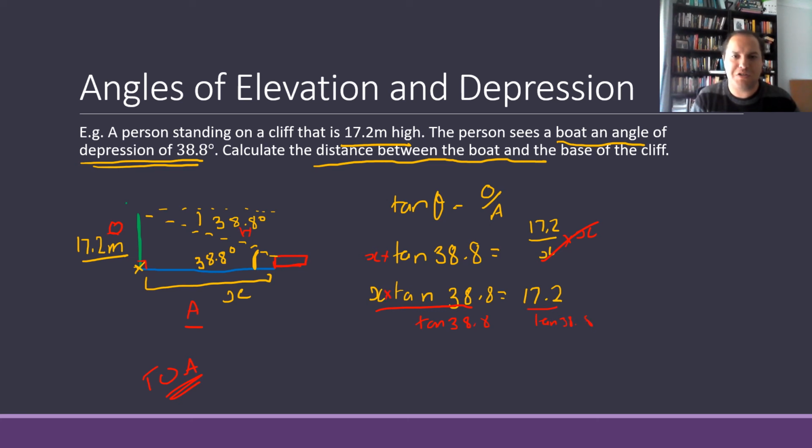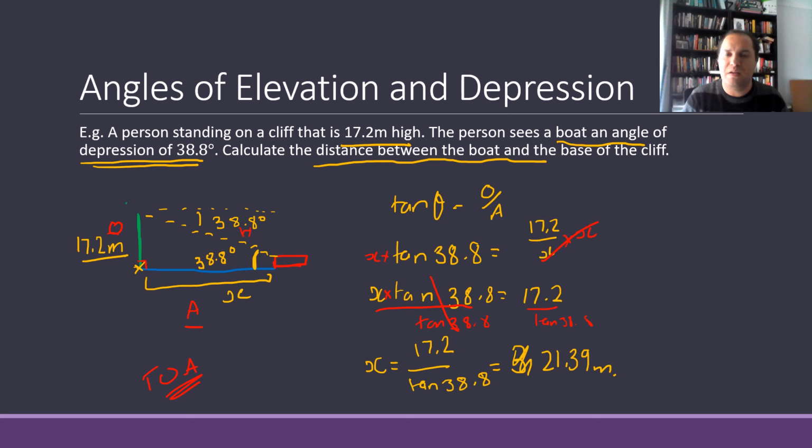because we've got multiplication in there. So the opposite of multiplying by tan 38.8 is dividing by tan 38.8. Those cancel. So x is going to equal 17.2 divided by tan 38.8, which equals 21.39 meters. So we can say the boat is 21.39 meters from the base of the